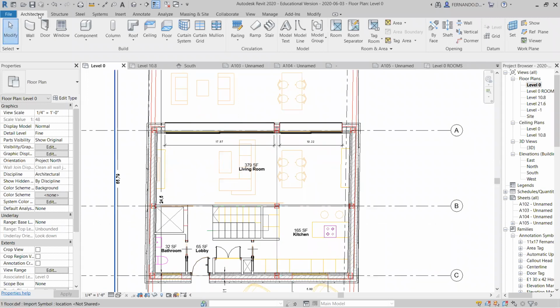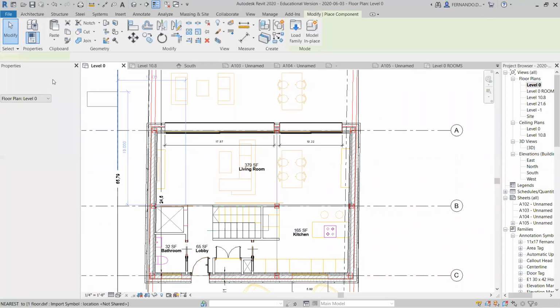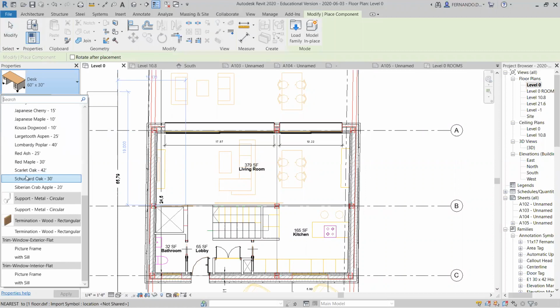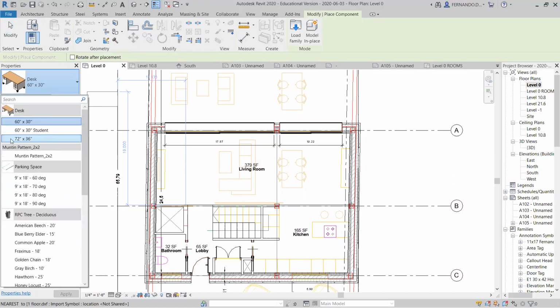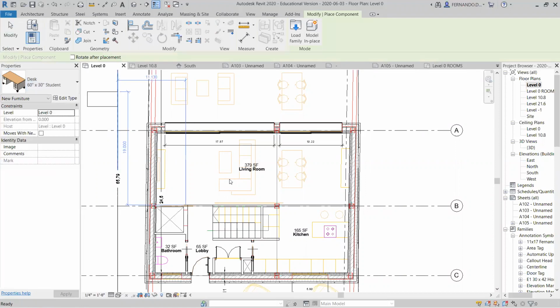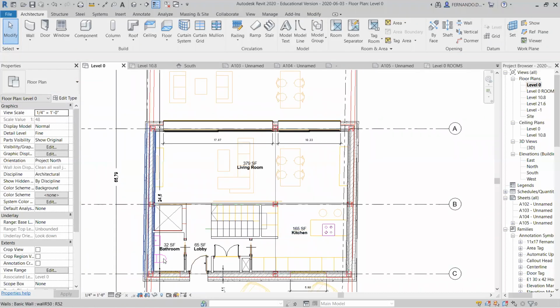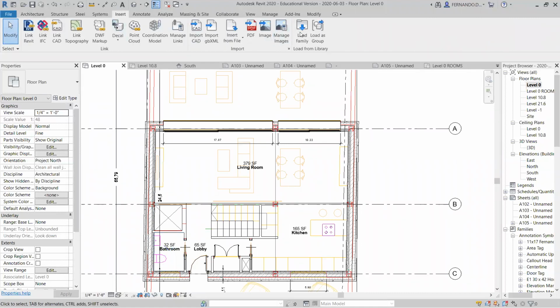You can always, if you click on architecture component, here we have all the families that we have loaded. There are trees, there are furniture. The only thing that I have by default is that desk. But this is a student desk, so it doesn't fit here. So what do we need? We need tables, we need chairs, we need a couch, we need furniture for the kitchen and for the toilet. So you have to explore, you have to insert, load families,